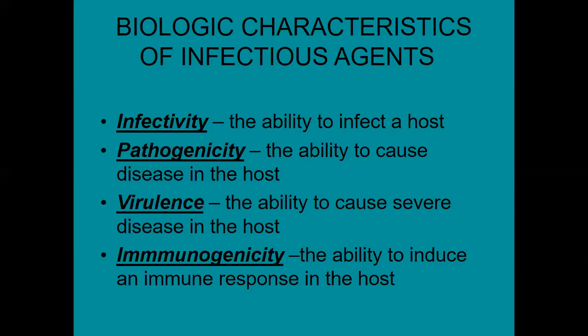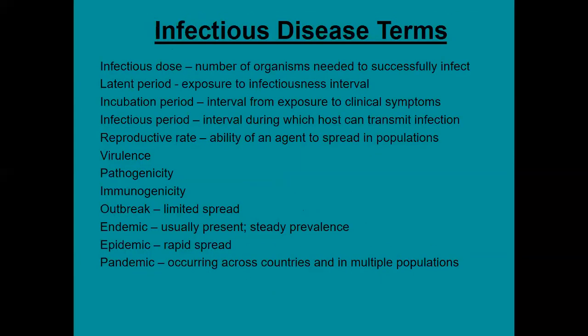Immunogenicity is something which we want the vaccine to do, because the vaccine has to induce the immune response in the host. Then you have got infectious disease terms like what is the infectious dose, what is the latent period, what is an incubation period. You are aware of what is an infectious period, what is the reproductive rate, virulence, pathogenicity,